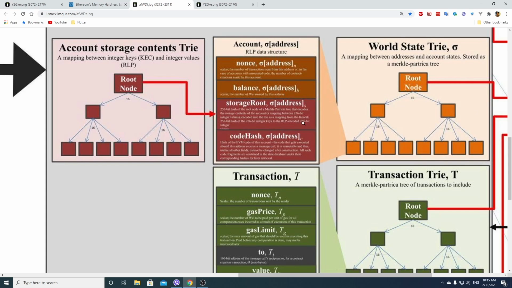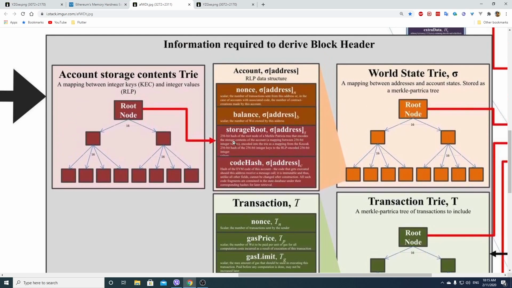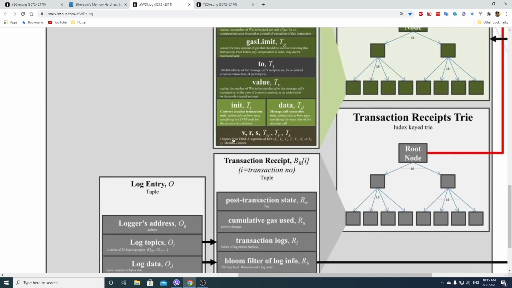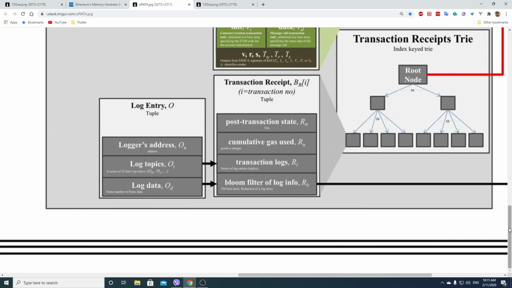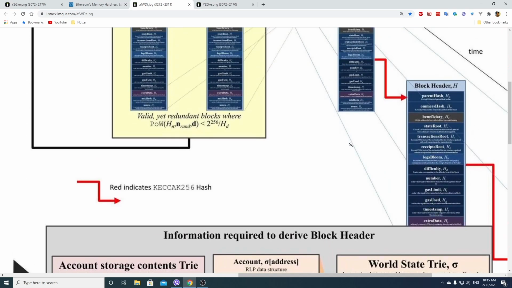So I think the requirements now are at least 4 to 8 gig of RAM, and 500 gigabytes of SSD. Okay, so that should cover the Ethereum